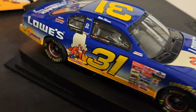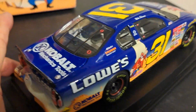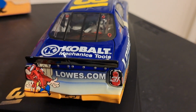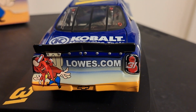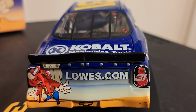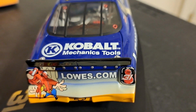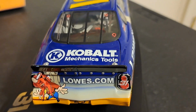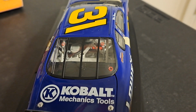NASCAR is all about the drivers. Unfortunately, it's not about the cars. It's not about the liveries. It's about the drivers. One reason that I absolutely hate NASCAR. I'm not a driver kind of guy. I like cars. I like race cars. And it's one of the things that always annoyed me about NASCAR, the loyalty to the drivers, the rivalry between the fans, the fights in the stands, the drunks, you name it, you got it all. Anyhow, a cool look at Yosemite Sam on the back there, Lowe's.com, Cobalt Mechanics Tools,